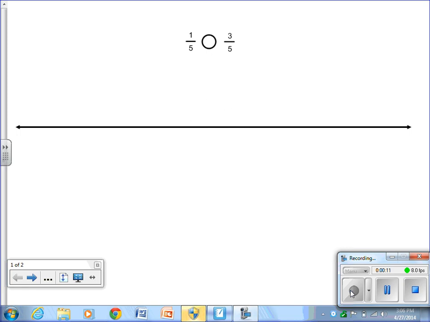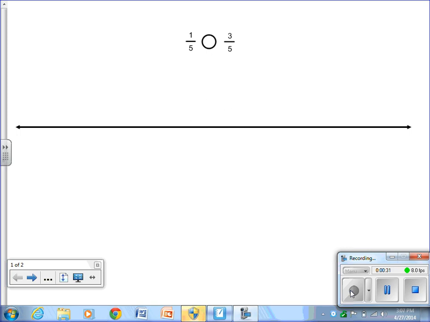Now, today we learned how to use a number line to compare fractions. And we did a little activity with some bean bags and tossing, and we learned that we compare fractions by talking about the distance from 0 on the number line. Now, we're going to start off with an example that's going to help you out with numbers 1 and 2